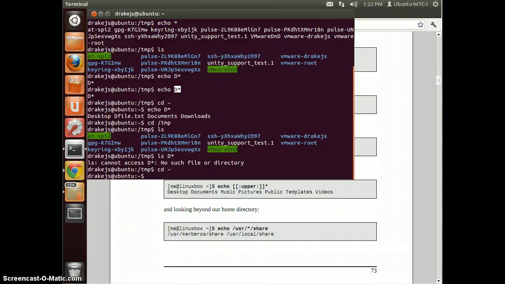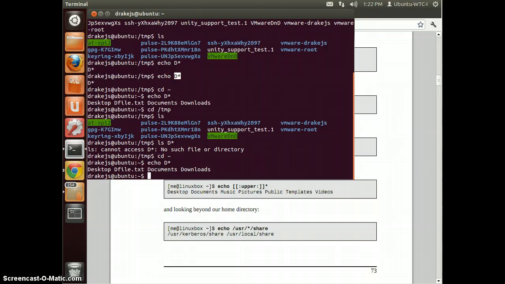But the echo command is different. The echo command is going to try to repeat out to you whatever you've typed in. Again, there's an order in which it's doing things. The first thing it's going to try to do, since the star is a special character, is what they call expansion. It's going to try to take that star, use its special meaning in this case, and say echo out anything that starts with a capital D and has any numbers or characters after it, or it has no characters or numbers after it. So we see that again